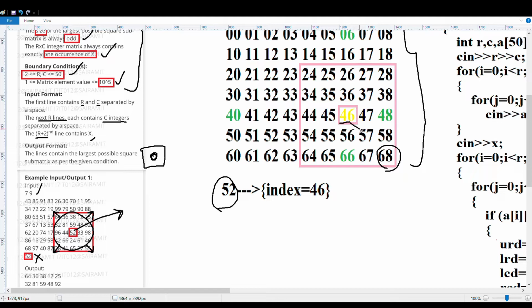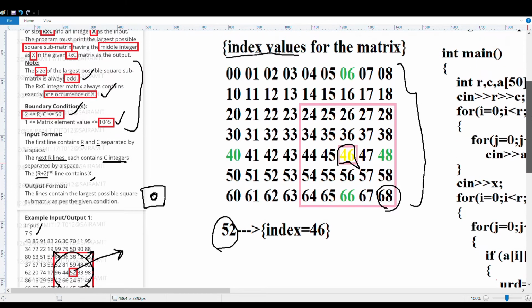Now next, from 46 you take the distances. This is the uppermost value, this is the lowermost value, this is the rightmost value, and this is the leftmost value.